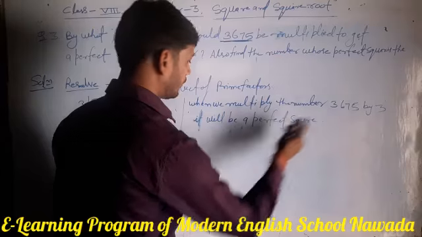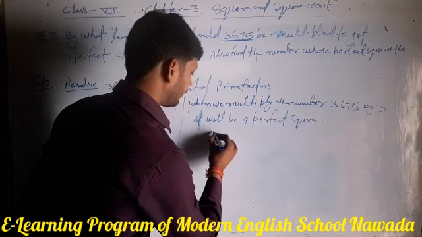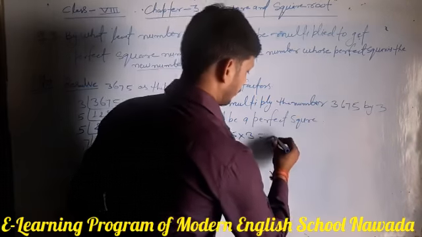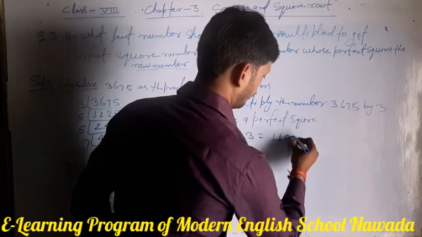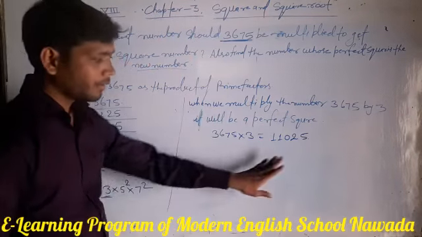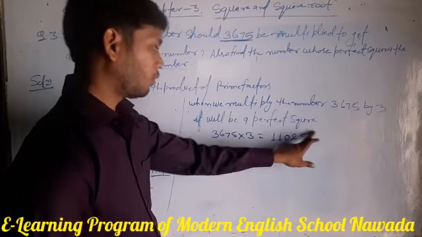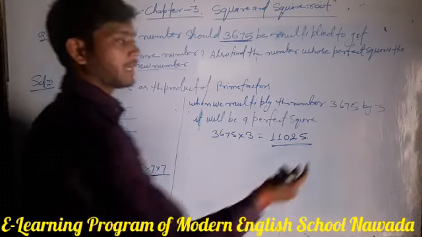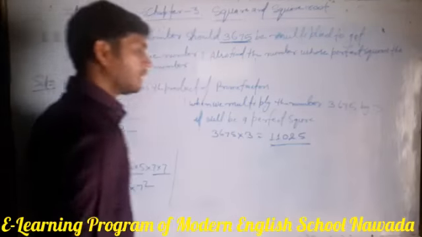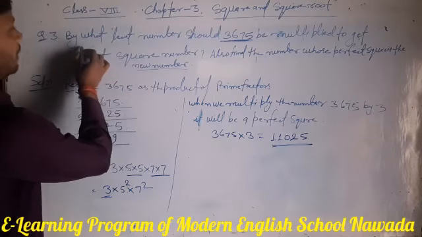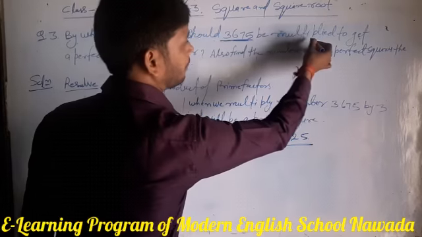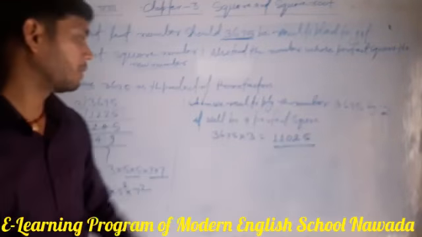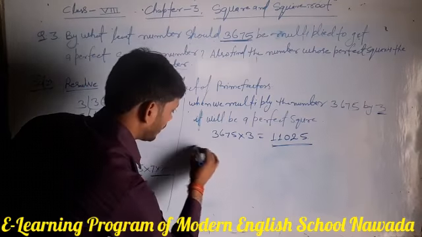When you multiply it, the result is 3675 into 3, equal to 11025. It is a perfect square when we multiply the given number by 3. Here this part is completed. By what number should it be multiplied to get a perfect square? Here the required number is 3. 3 is multiplied in this number, and the new number